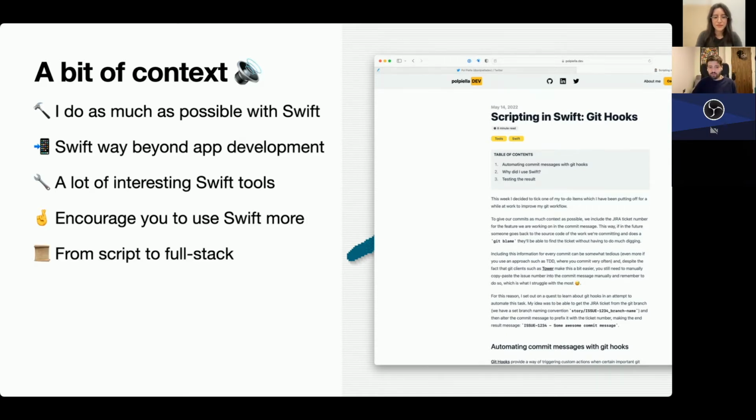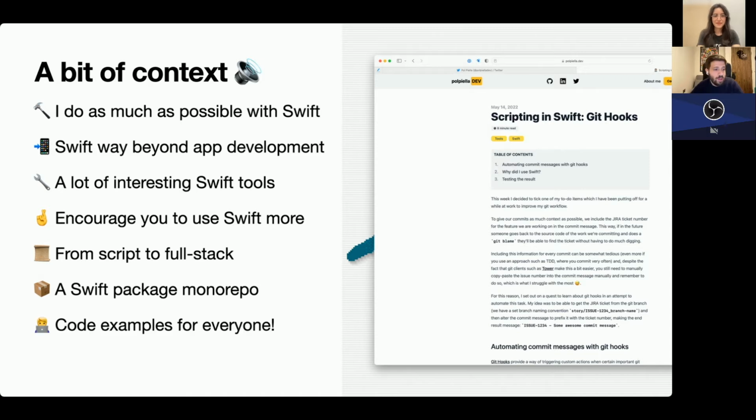I'm going to take a little script that I wrote a while back, and I'm going to show you how you can turn it into a full stack application by reusing the same core logic, the same Swift code, in many, many different environments. We're going to work on a Swift package monorepo. I know it's very trendy and a hot topic at the moment, the topic of monorepos in JavaScript and in web development. So I'm just going to show you that there are ways of doing that kind of thing in Swift as well. And you can have a Swift package where you can build multiple targets for very different environments. So we're going to go through that as well today.